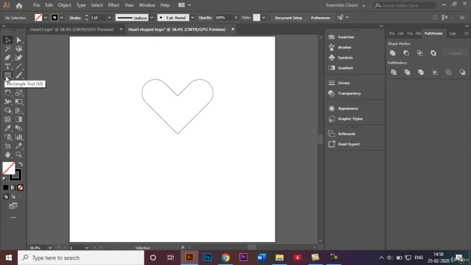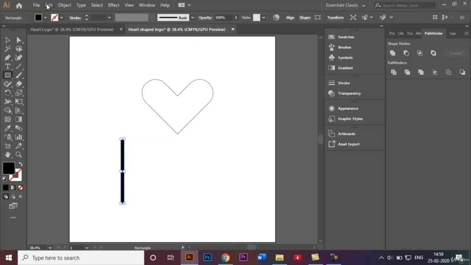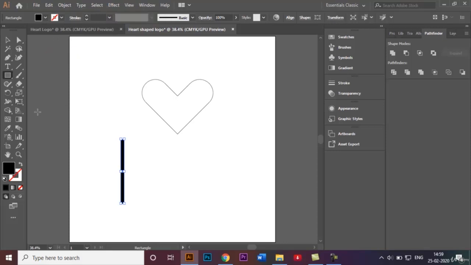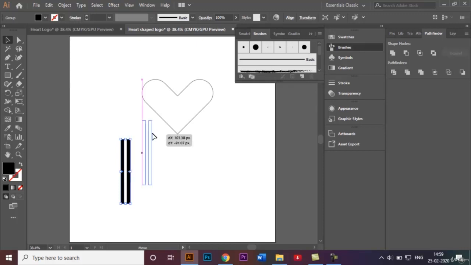Once that's done, I'll go back to the rectangle tool again and flip this, because I need the fill to be black and will not require any stroke as of now. So I'll make this thin rectangle again and go back to Edit, Copy, Edit, and Paste in Front. While that's done, hold Shift, and with the help of the arrow keys, just nudge this a little bit to the other side like that. Then I'll select both these two rectangles, right click on them, and click on this group option right here. Once that's done, we'll add this to the brush options over here in my brushes panel. So I'll just drag these two over here,